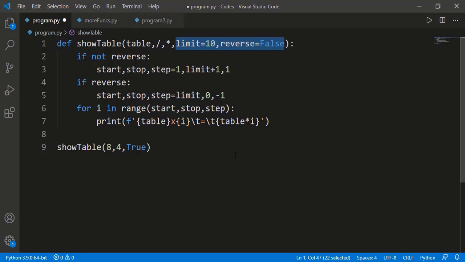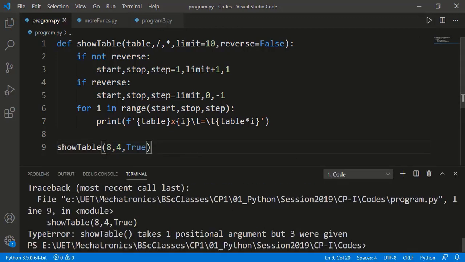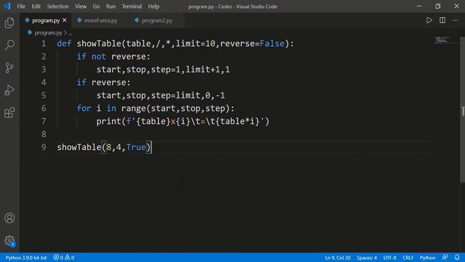So at this stage the function has 3 input arguments. This first is positional only and the last 2 are keyword only. The use of the function as shown here ran successfully previously when we did not provide the asterisk in input arguments. But now it should generate error because now we cannot provide the arguments limit and reverse as positional arguments. You can read the error which says clearly that function takes only one positional argument and we gave 3. Now let me change those 2 keyword arguments.